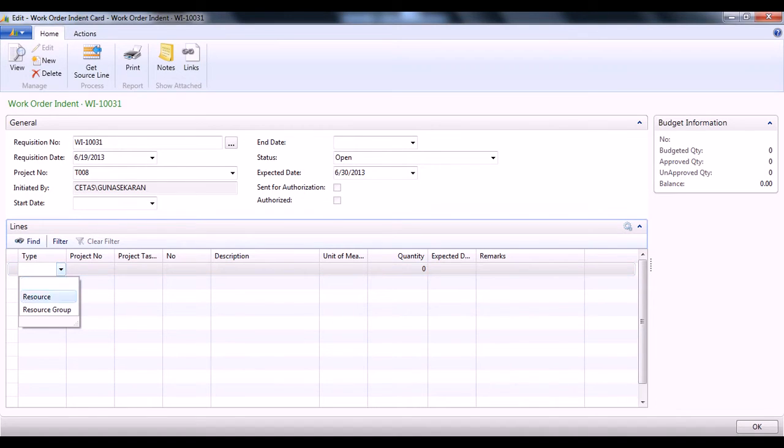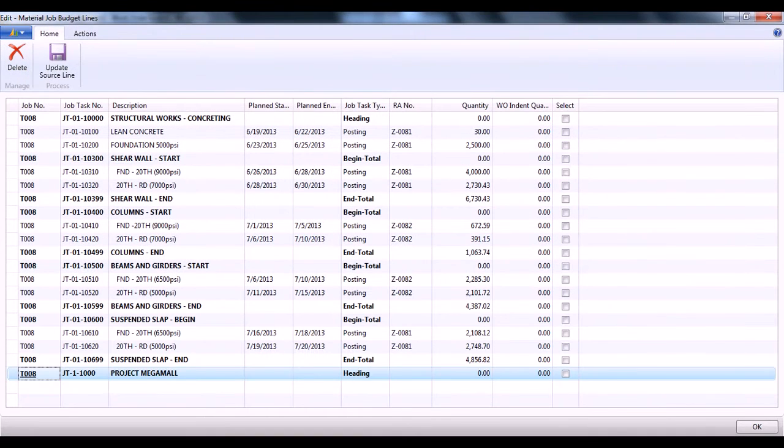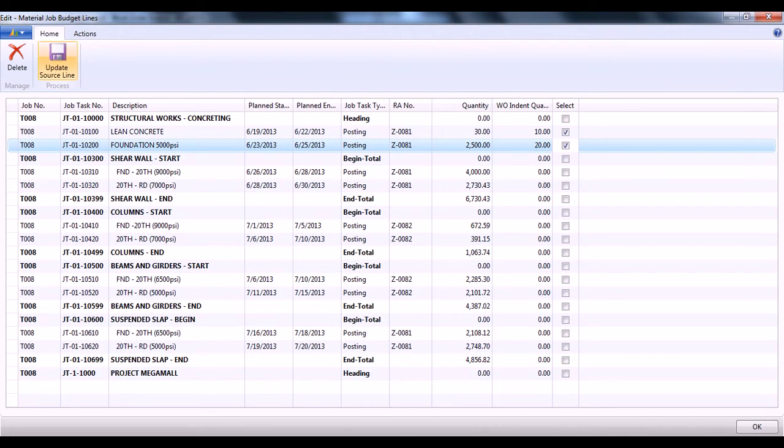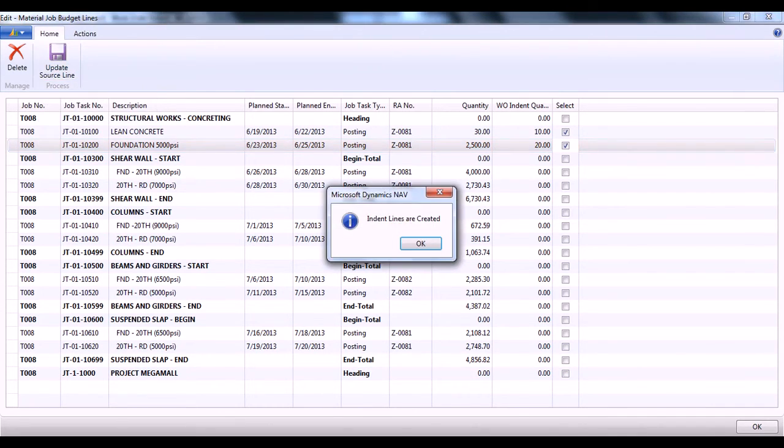First, we have to select the resource and click get source line, and we have to select the particular job task in BOQ by providing the work order indent quantity and click update source line. Indent lines will be automatically created.